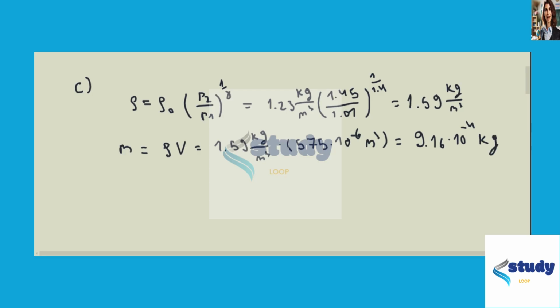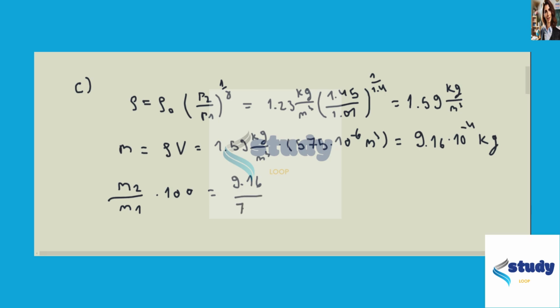So finally, the ratio of change in masses is this ratio. Also we need to multiply this by 100 to get the percentage value. So this will be equal to 9.16